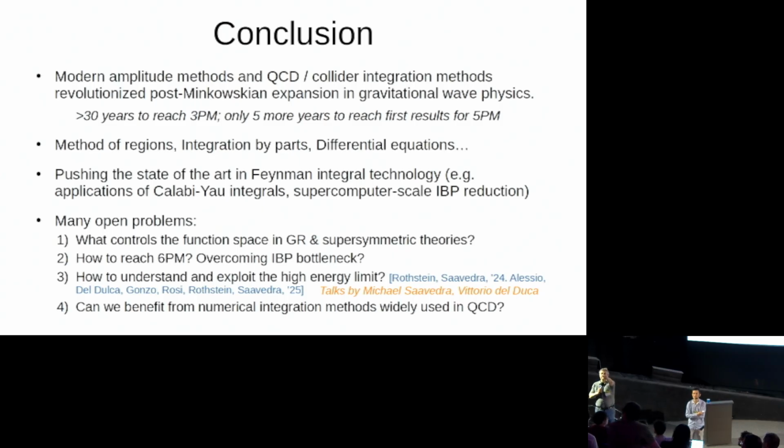Yeah, hi Mao. Thanks for the nice talk. In the beginning you mentioned the hidden regions and Newton polytopes. Did you see any hidden region, or do you expect to see any hidden region at 6PM, or in the classical limit can we access all the regions?